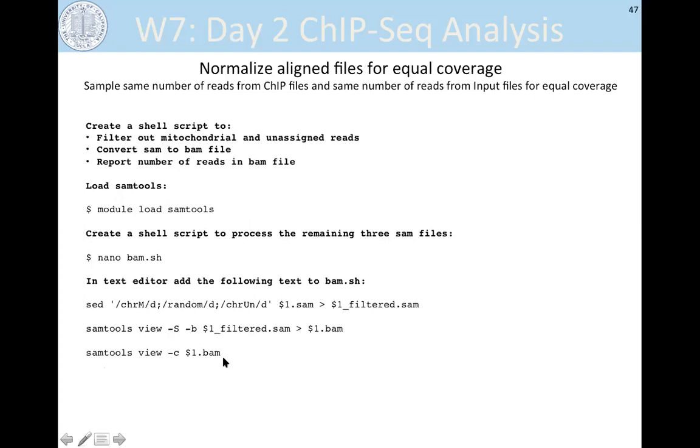Then we'll use these numbers to normalize for equal reads. What we're going to do is downsample the file that has more reads to match the number of reads in the sample with the lower amount of reads. So it's not important to have the same amount of reads in the input and the IP, since peak calling will account for that. But if we want to compare between 2 different IPs or 2 different chips, we want